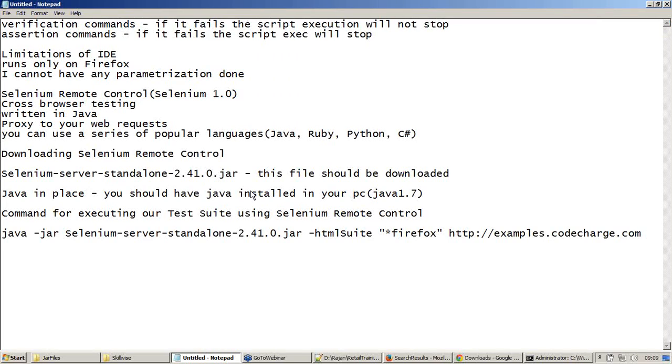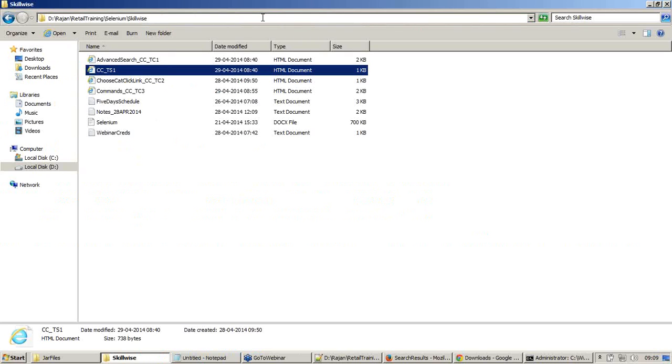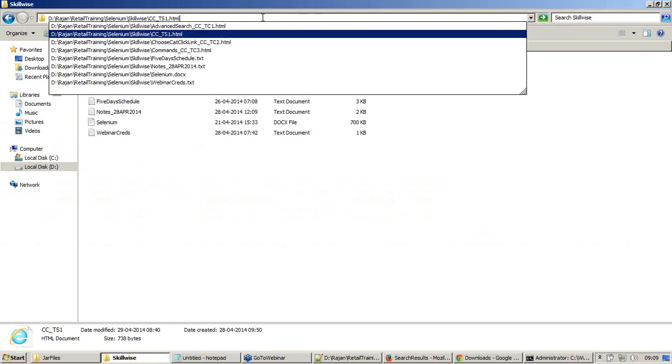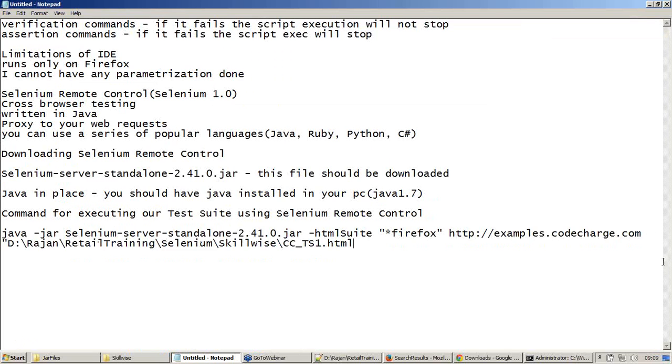I'm going to say the exact test suite name. In my folder, I have this cc_ts1.html. This is the test suite which I need to run.